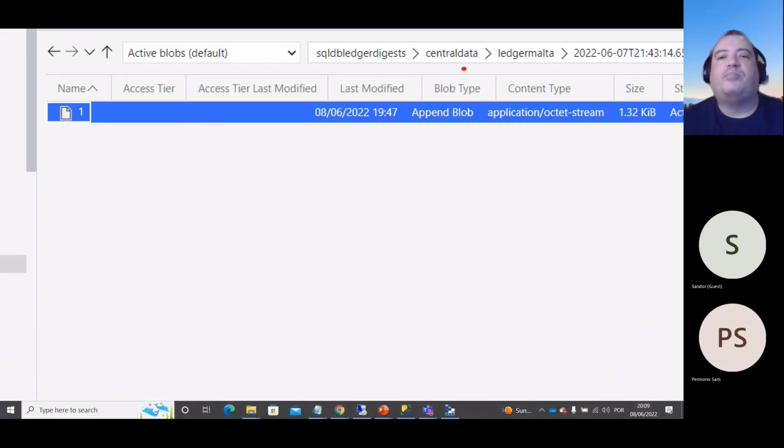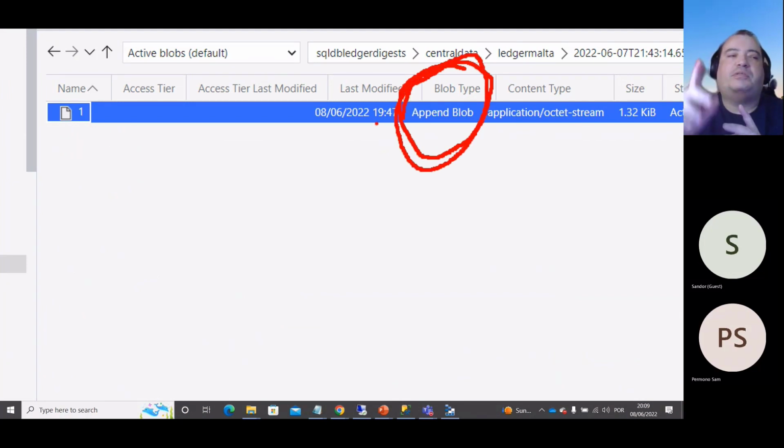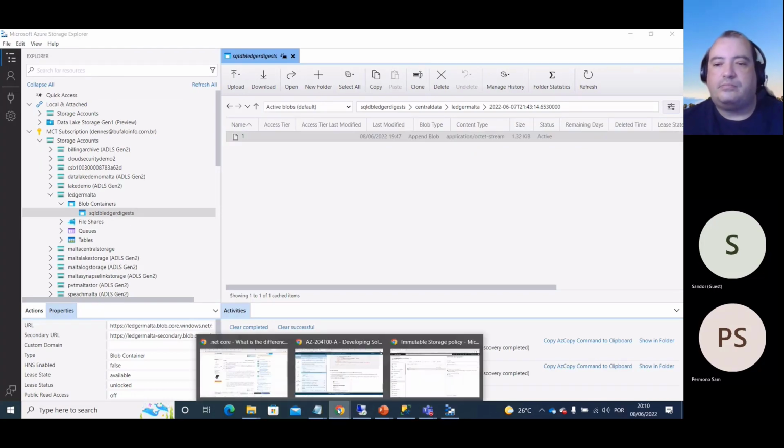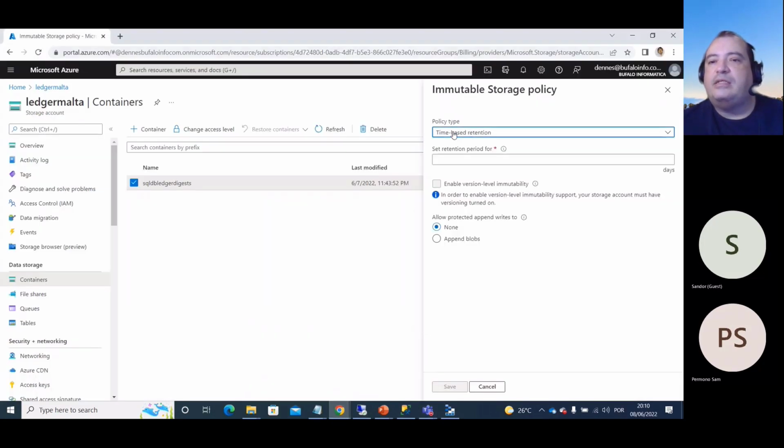The blob type is an append blob. An append blob inside the storage account only accepts new records, only accepts appending information, and doesn't accept changing old information. By creating an immutable storage policy with a time-based retention, I can allow only append blobs to receive new writes. Append blobs can receive new writes to the end of the blob. And then I can specify a time period in days,